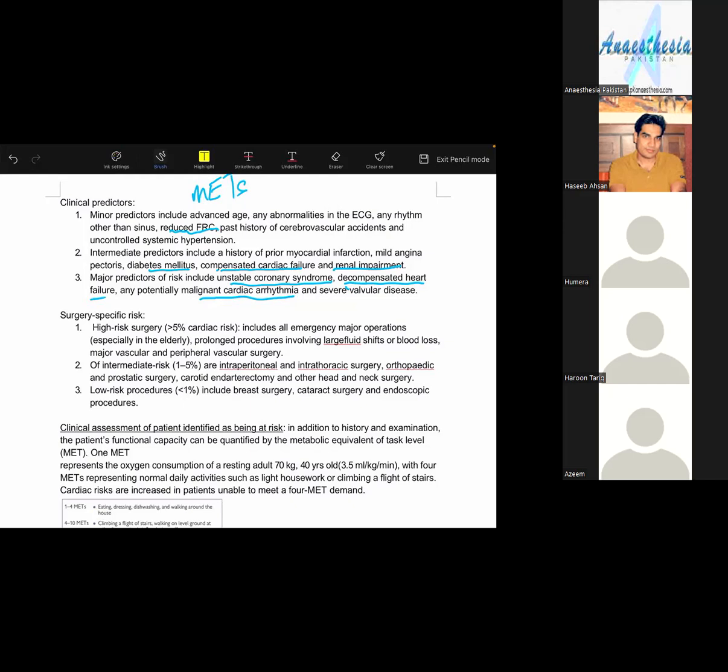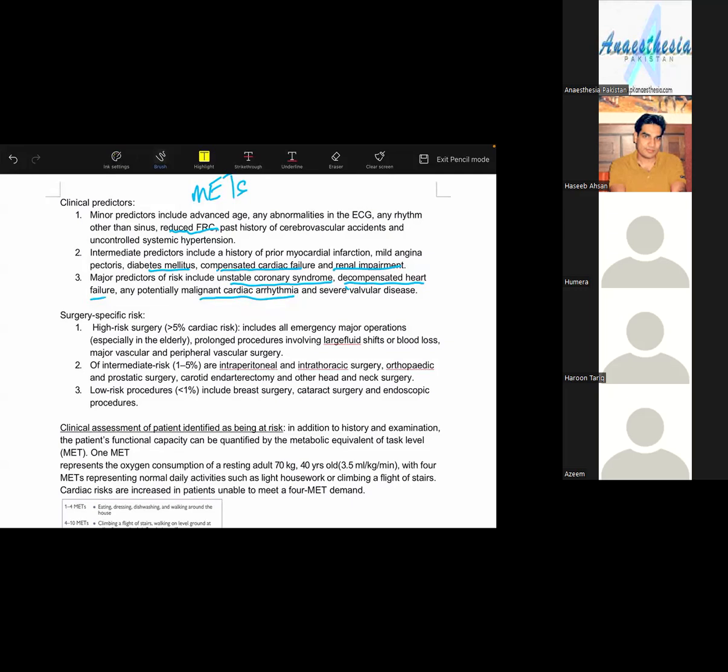If you have a patient with insulin dependent diabetes mellitus, and for example the same patient has renal impairment, it means there are two risk factors. If you also find some angina symptoms, then this patient has three risk factors. In that scenario, first of all, you will be digging further. You will be doing some echo, a thallium scan, or